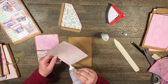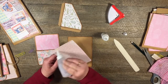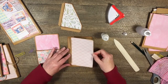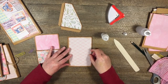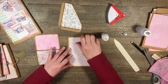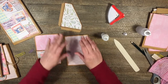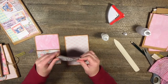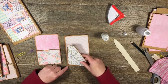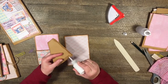I'm going to do some little booklets next. I just want to show you. Okay, so there's the mat there. And I've also rounded the corners on this as well. I think rounded corners slide in and out of pockets better. So then this little guy here, I've also rounded this little corner here so that it will match up with this. And so then I just have to put some glue on here